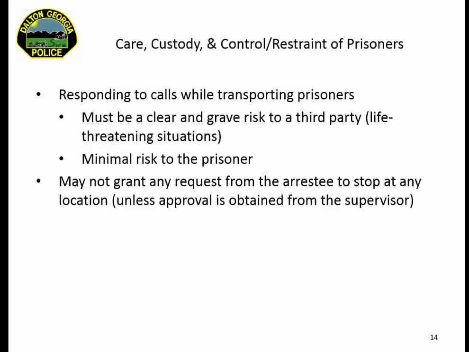Now, in the world we live in today, check cards and things like that are options for most people. So usually we can get that worked out with the hospital or the medical facility that we're dealing with. So just keep that in mind. Not stopping by someone's residence to pick something up before they go to jail. Again, that's not safe for you, and it can create all kinds of issues.